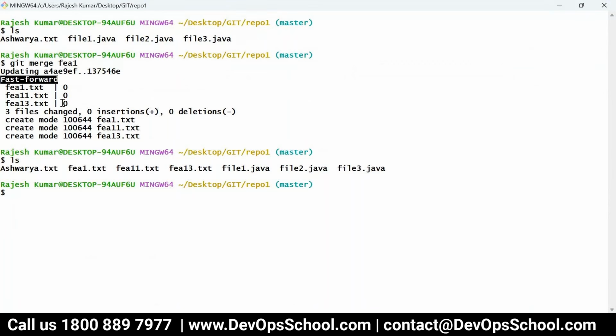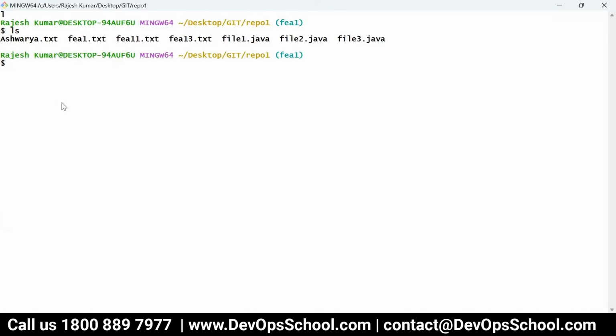So far, the merge has happened. Now go back to checkout fee1. This is the branch. Now let me create a merge conflict scenario. What will happen? Git is very powerful. Git will automatically decide the merging strategy. That's very powerful. But sometimes you have a conflict, and Git cannot sort it out on its own. So what to do?